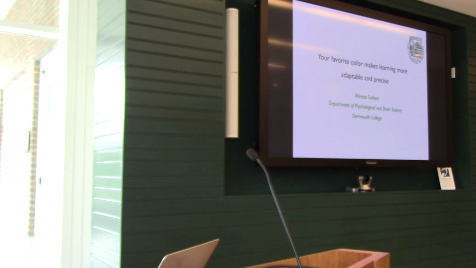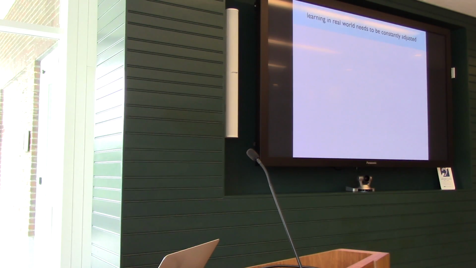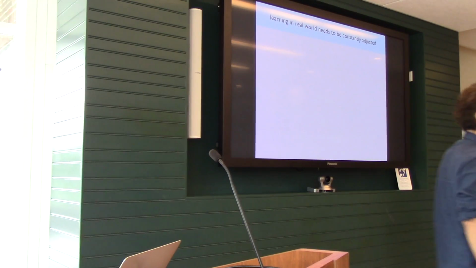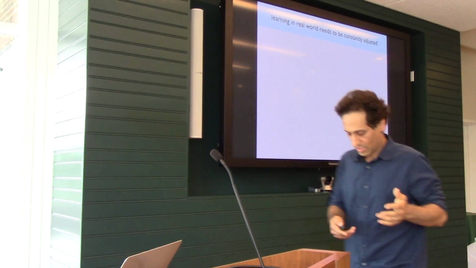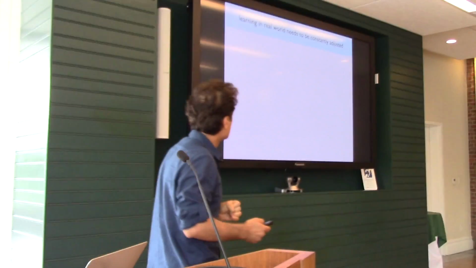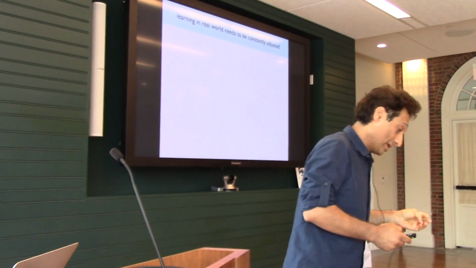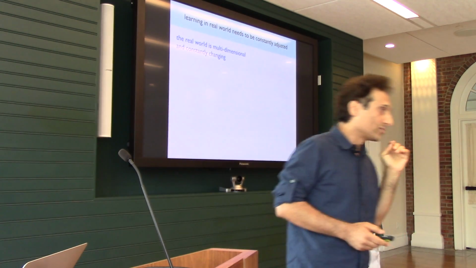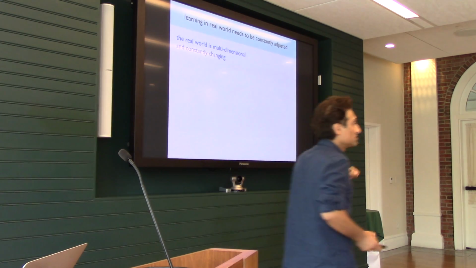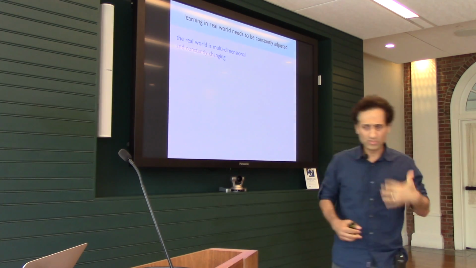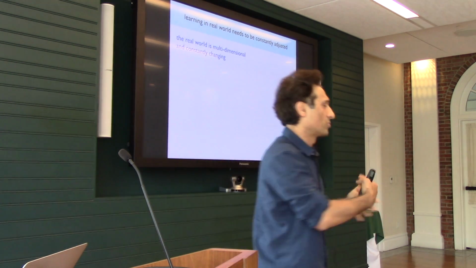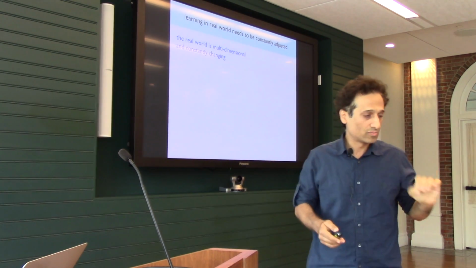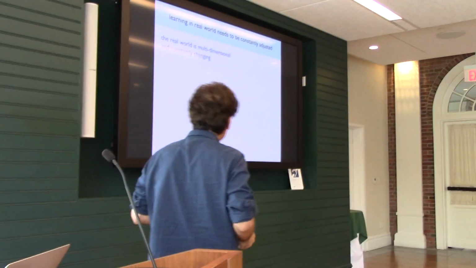Okay, so the question we are looking at is that basically we are looking at learning problems and how we learn in, let's say, a naturalistic environment. There are two big issues about real world learning. One is that, and I argue that the learning is not enough; it needs to be constantly adjusted. So even though it sounds counterintuitive, you think that learning is a process where you update things. And I argue that actually you need to update that updating process constantly.